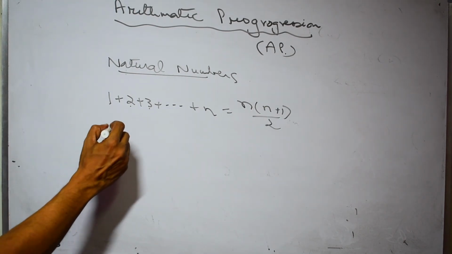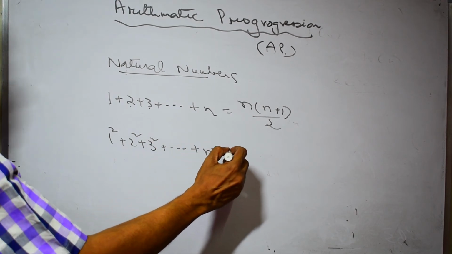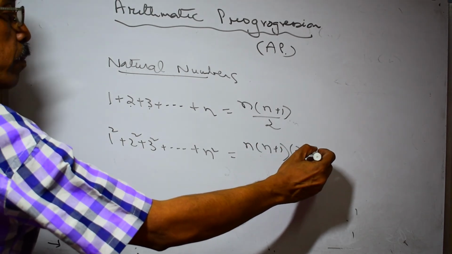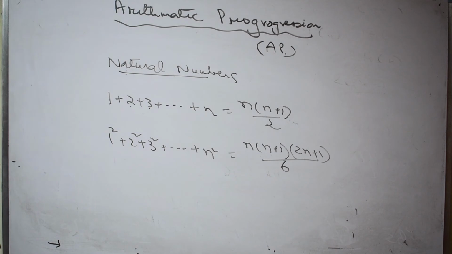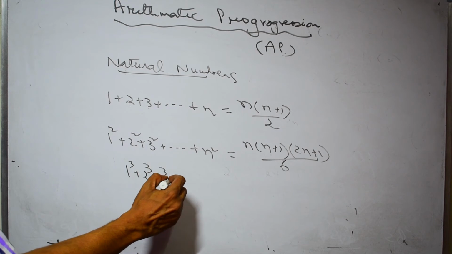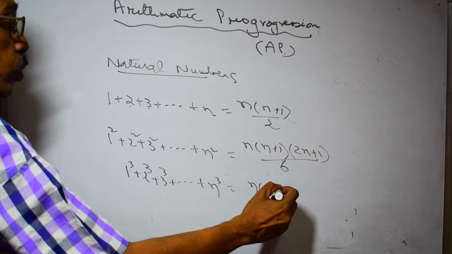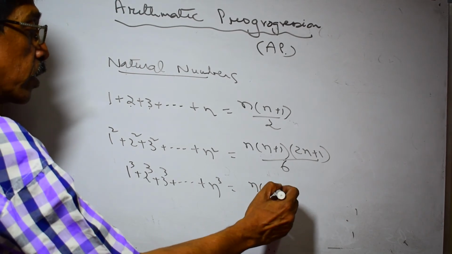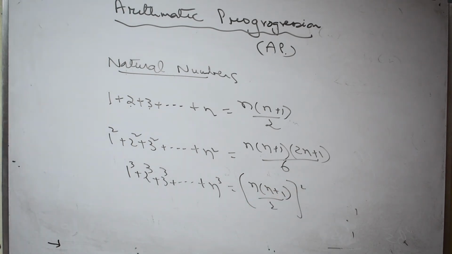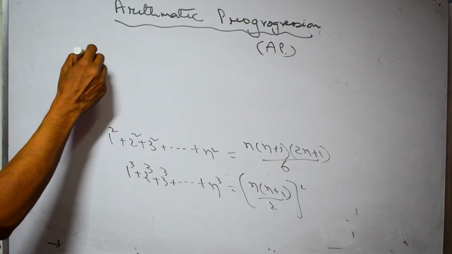Now the second one is 1 square plus 2 square plus 3 square up to n square. Then the result will be n into n plus 1 into 2n plus 1 by 6. And the third series we have is 1 cube plus 2 cube plus 3 cube up to n cube. Then the sum will be n into n plus 1 by 2, that means the first result whole square. It's a very important one because sometimes we can have questions of this type: find the sum